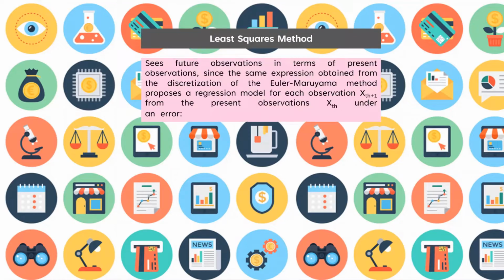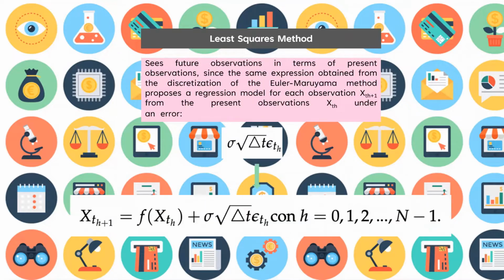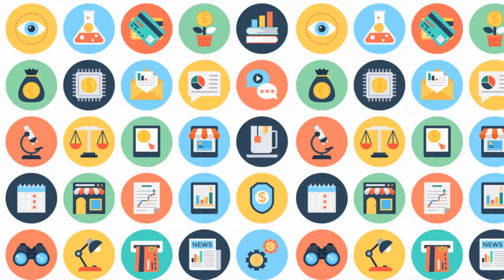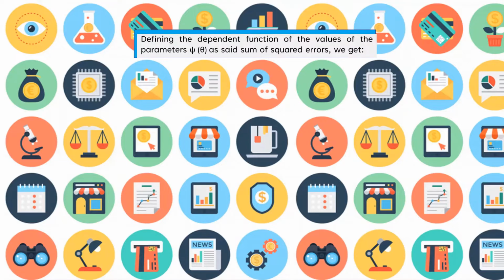This method sees future observations in terms of present observations, since the same expression obtained from the discretization of the Euler-Maruyama method proposes a regression model for each observation from the present observations under an error. This method also presents that the estimators of the true values of the parameters theta of the respective process given a trajectory correspond to those that minimize the sum of the squared errors of the given regression. That is, defining the function of the values for the parameters as the sum of squared errors,